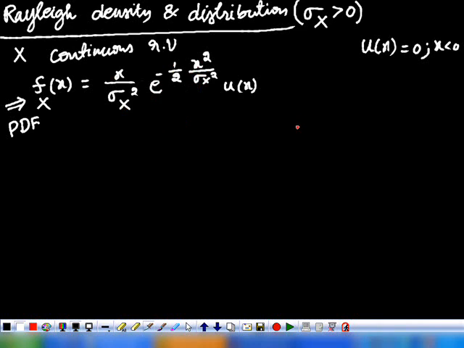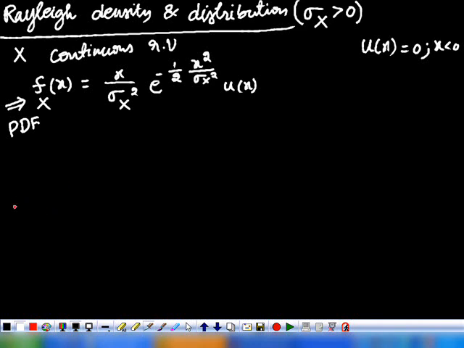So the plot of the Rayleigh density function seems like the plot of the Gaussian density function. But we already know that the Gaussian density function is symmetric about the origin, that is, symmetric about the mean value. But here, is it symmetric? This is not symmetric. That is the difference between the Rayleigh density function and the Gaussian.